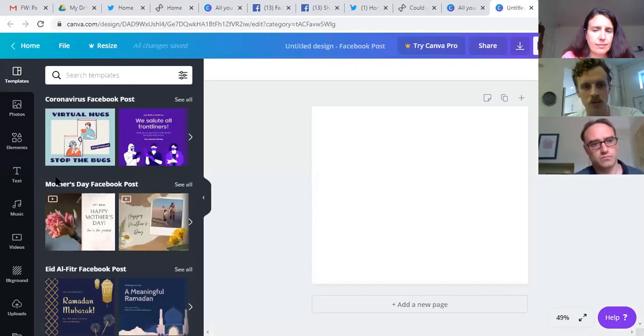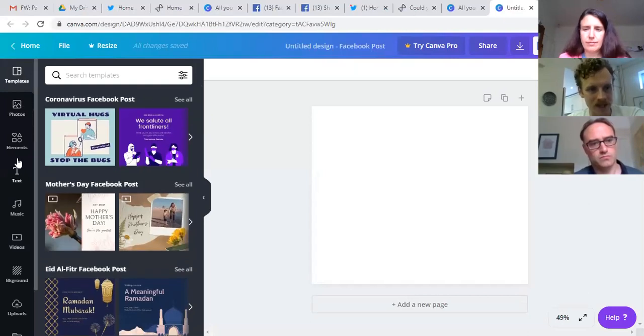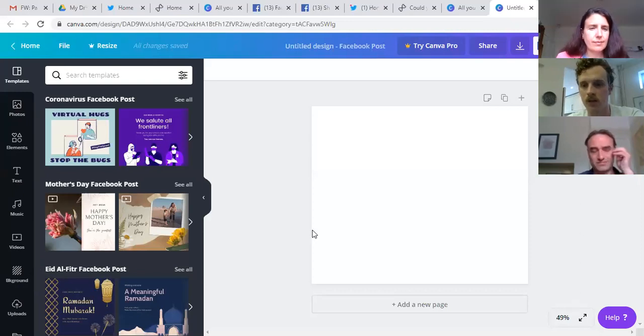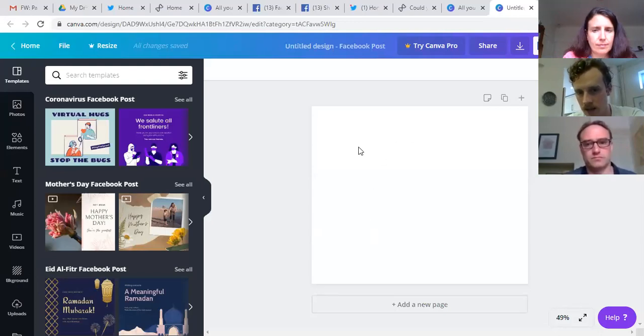a screen similar to the one we saw before. On the left-hand side here, this is the business end of this. These different icons down the left-hand side in this dark grey column are where you select the different elements that you want to use. If you look over to the right, that is where your design will start to take shape. It's a square, I think 1080 by 1080 pixels, which is the optimum size and shape for a Facebook post.